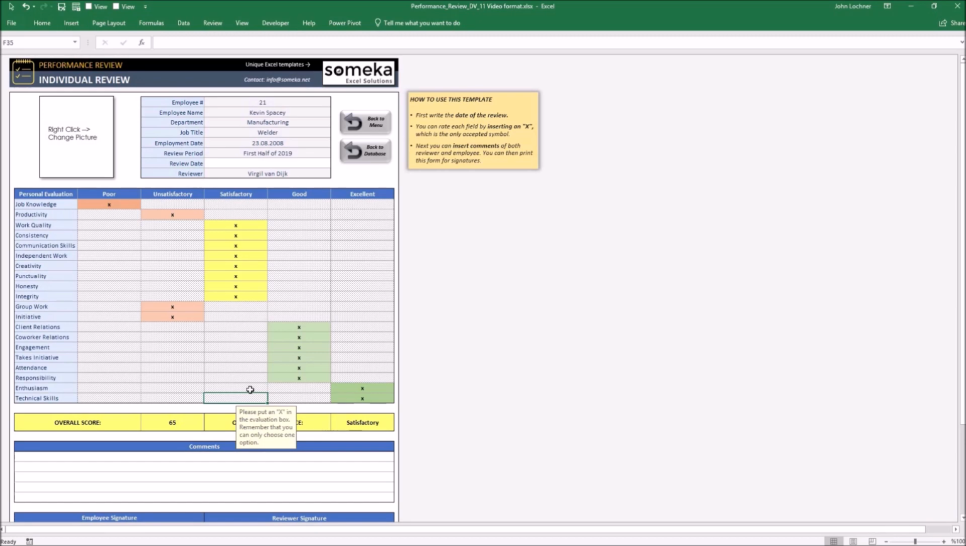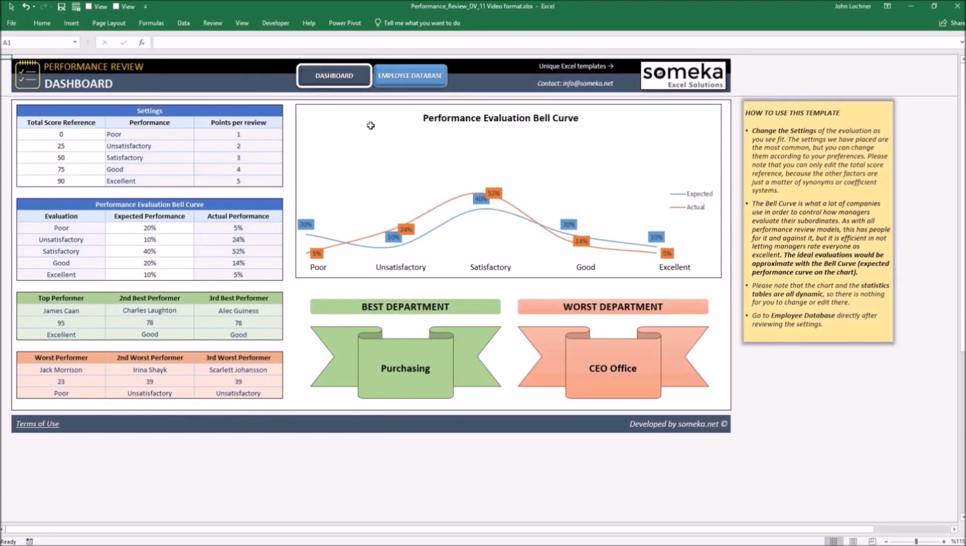Once you complete reviewing all of your employees, go back to the dashboard to set the main settings. Set total score references for each performance. Set the ratios for your expected performance. Once you set it, the graphic will adjust itself automatically. So let's say we're expecting 10% of poor, 20% of unsatisfactory, 30% of satisfactory, 30% of good, and 10% of